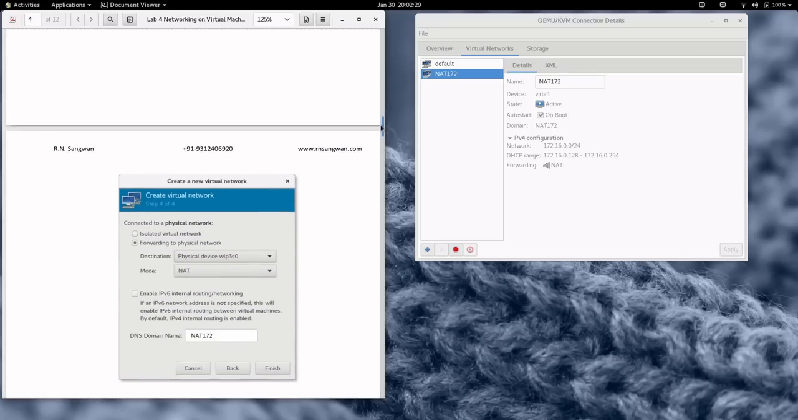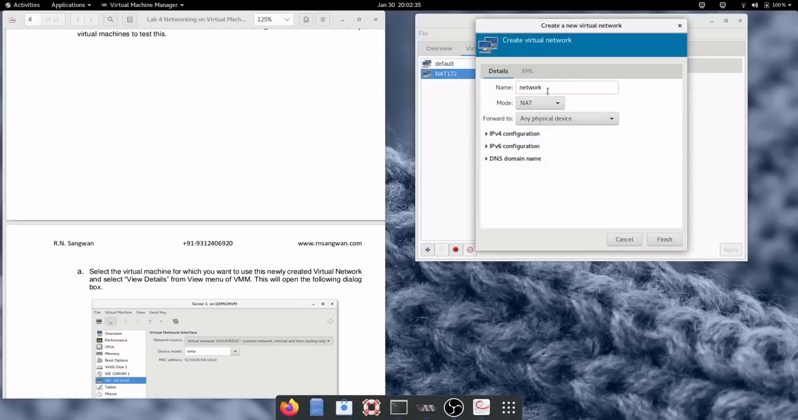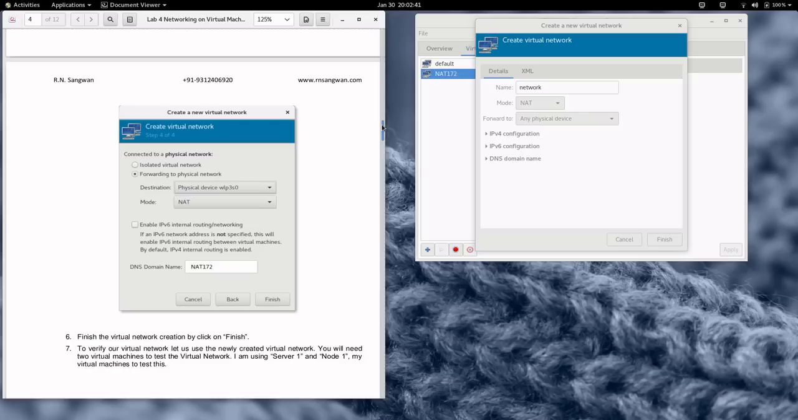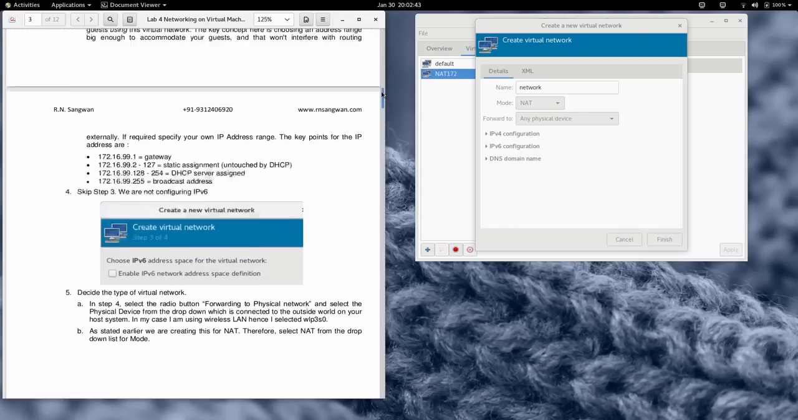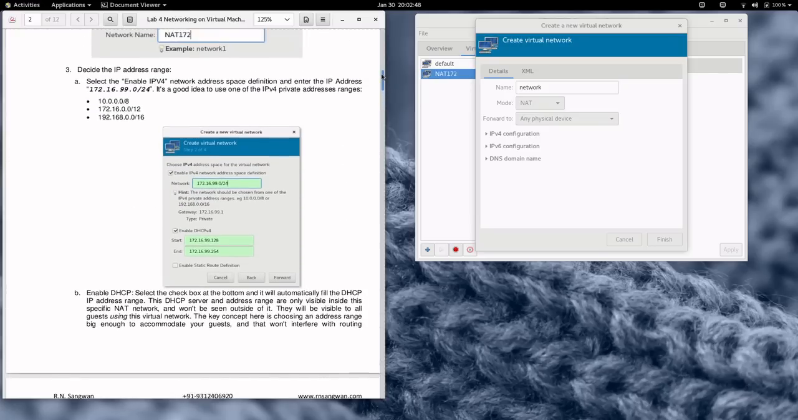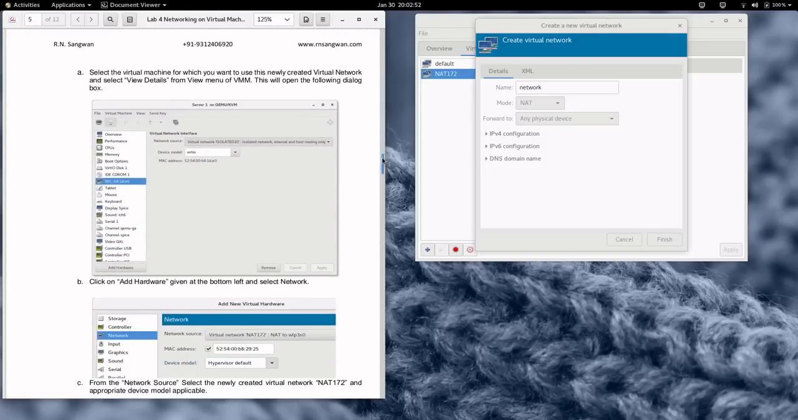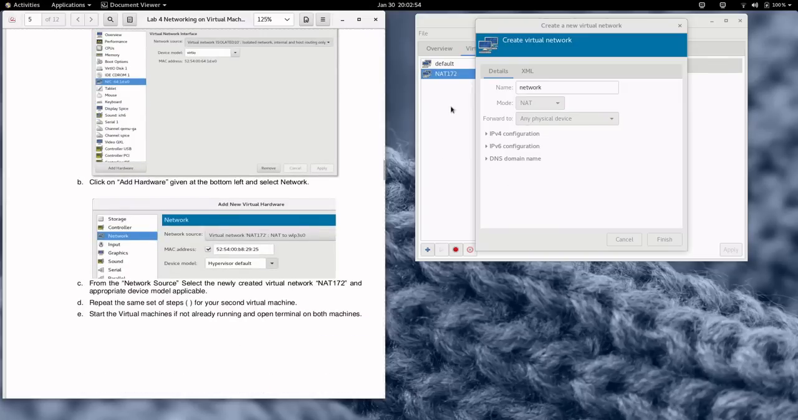Create network wizard. This is the next one. Alright, so let's create another one with a different mode. This time we are creating in a different mode. So give me a second. Yeah, the NAT part is done. Yes, perfect. Let's create another one,